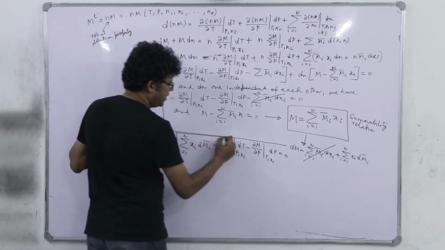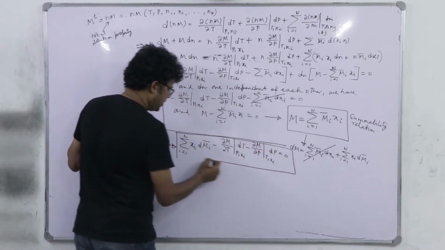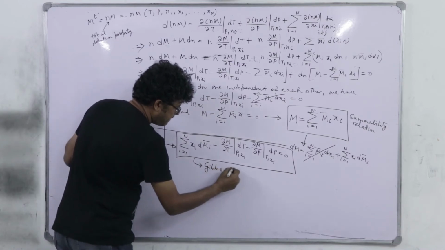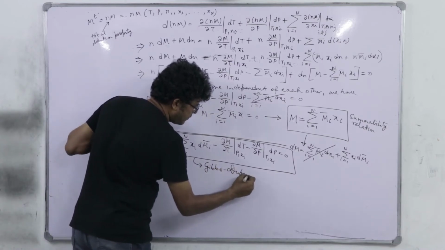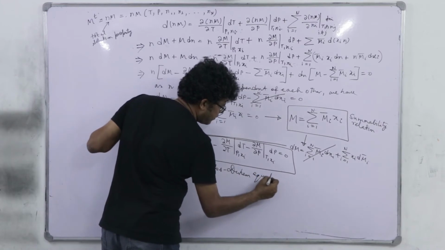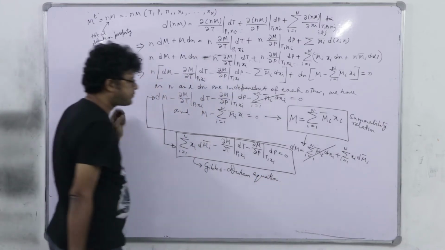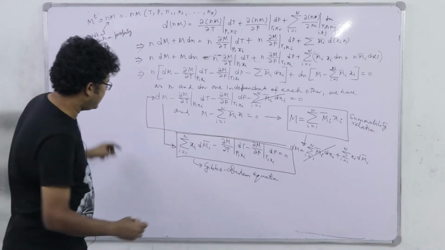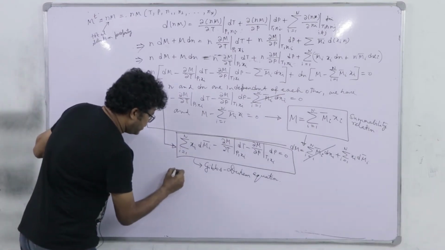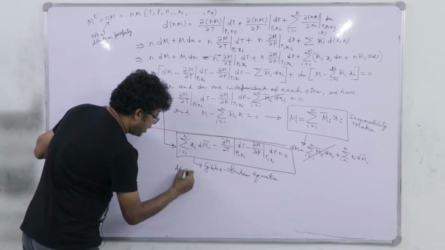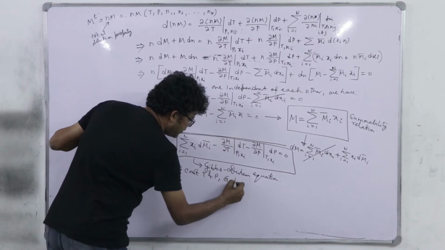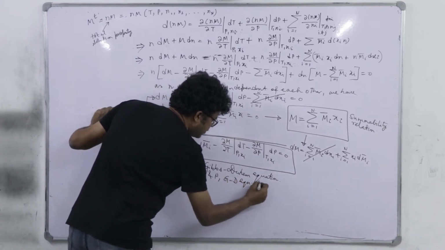So, this is the very well known Gibbs Duhem equation. Right, the previous one is summability and the second one is Gibbs Duhem. So, at constant temperature and pressure, Gibbs Duhem equation becomes